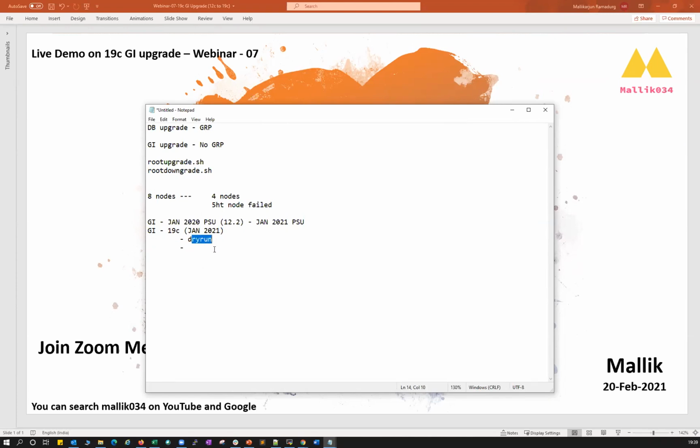So you should always perform the dry run, so that you make sure your GI upgrade is perfect. And one more thing, the issue from the dry run, I have seen people who have done the dry run, and later they have to do some cleanups. If you don't do the cleanup, like under temp, some socket files, and some of the cache files, then during the actual GI upgrade that may lead to some issues. Your actual upgrade may fail because of the dry run. Some of the socket files and others will still reside under the temp files, and you may face that, but I can say it's hardly 1 or 2%.